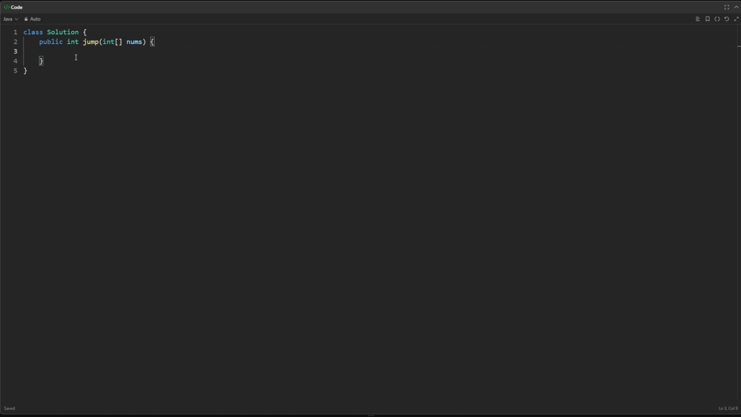So to begin with, we'll do our edge case, which states that if nums length is equal to 1, then we will return 0, as there are 0 jumps, because you cannot jump in an array of length 1. And that will do for that. So the next step is